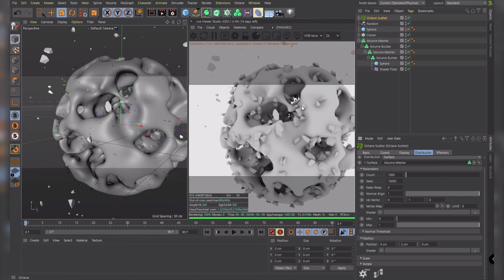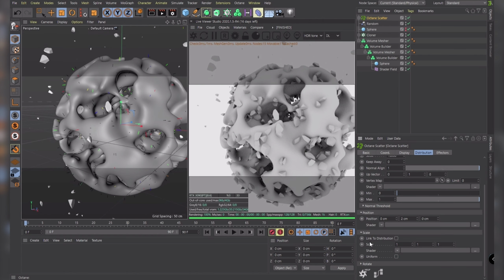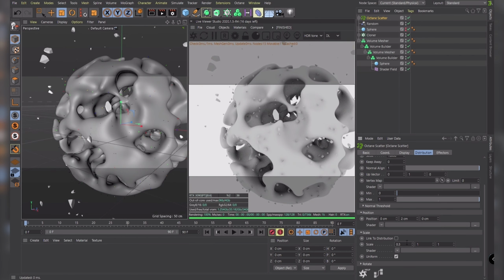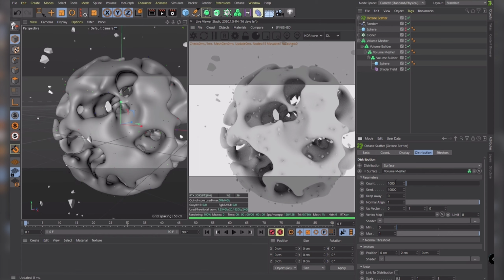Another thing that's not right now is the scale of all of this. So you're going inside of here and you're going to set a uniform scale. That means that we don't need to change the 3 values, but just one of them. So maybe let's go with 0.3 of them. I'm also going to use just 1,000 of them. So that's the default, that's fine.